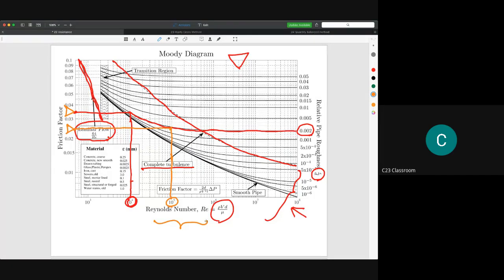Okay, if you see in the transition region here, and if you see in the turbulent region here, you will find that the roughness here is actually a straight line. So it means that if your diameter is big, because we are now focusing on a pipe network, so if your pipe diameter is big, they will give you for sure a higher relative roughness, because you could imagine there is a huge difference of roughness for a pipe that you buy in a hardware store, I mean the PVC pipe, with